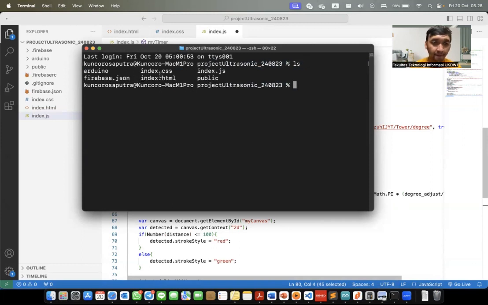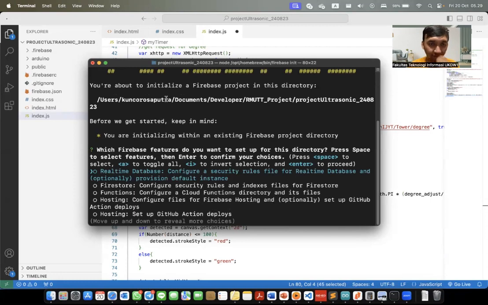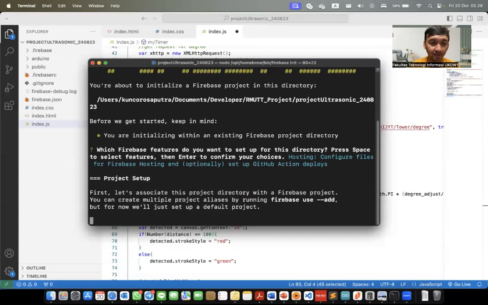There are six files here, including the index CSS, index HTML, and index JavaScript. For hosting the three files, we write firebase init, and we choose the configuration files for Firebase hosting. We select with space, and after that, enter.